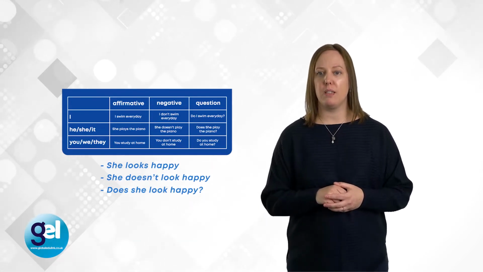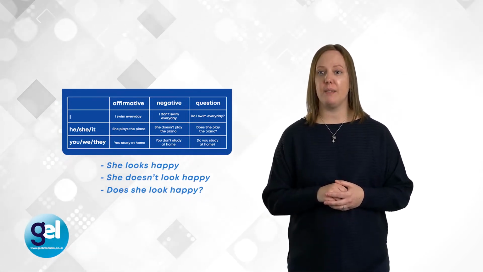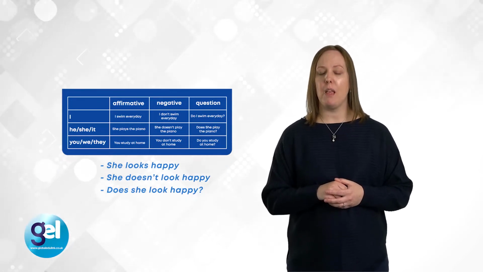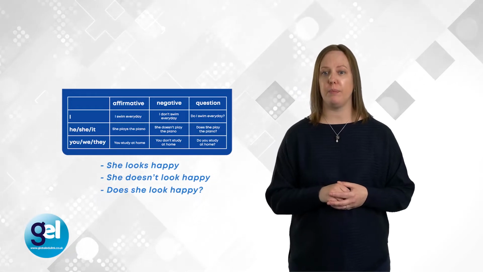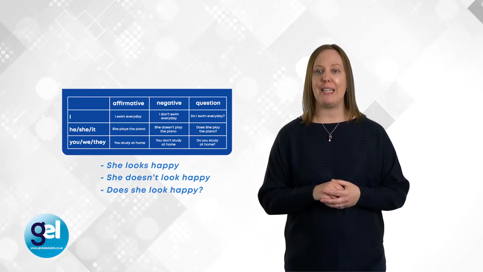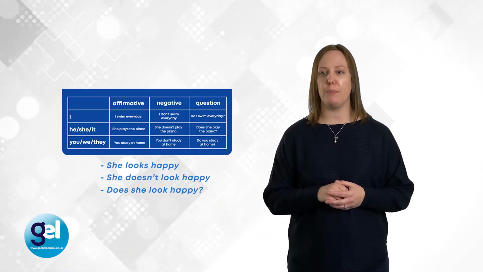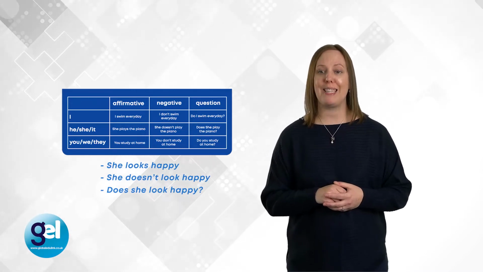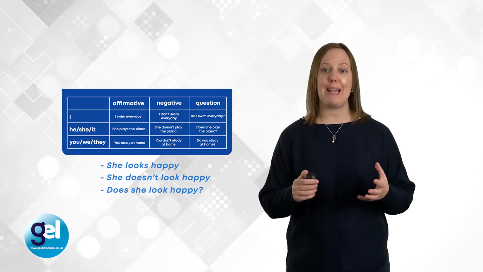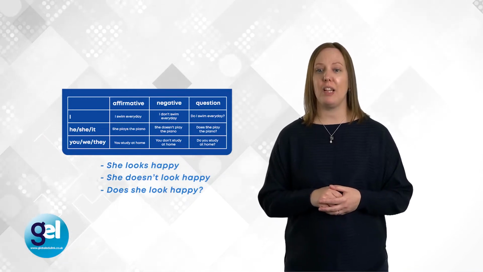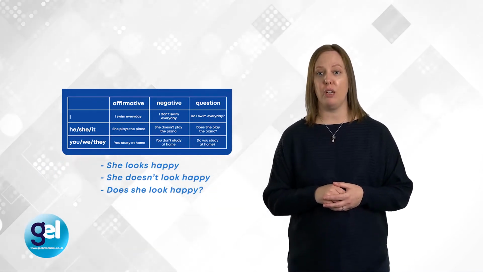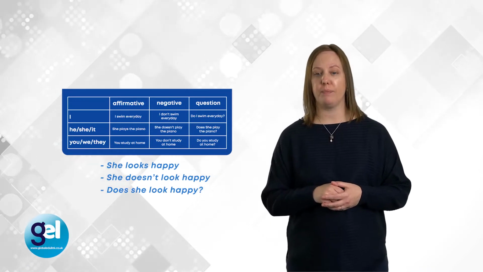With Z, so if we look at the verbs lives and plays, this is when S comes after a voiced consonant or vowel sound. And then we have iz. So if we look at the verbs watches, fixes, this is when S comes after consonants with a hissing sound. And this can include other sounds such as ch, j, sh.